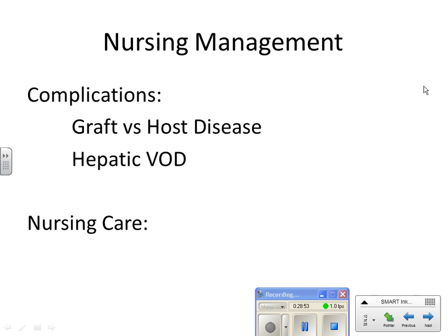The complications that can happen, instead of graft versus tumor effect, which is the good thing that these transplants do, we can have graft versus host. And that's the opposite of rejection. This is a situation where you have an immunocompetent graft, either the bone marrow or the stem cells, attacking the immunocompromised body system of the recipient. So what you've just given that patient is now trying to kill them